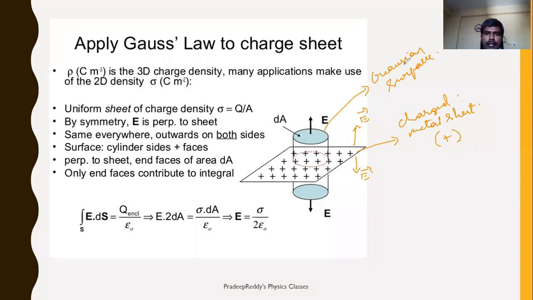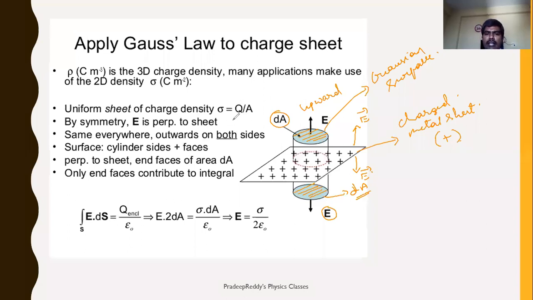Now you are taking some part of the total sheet and you are constructing a cylindrical Gaussian surface. This is the Gaussian surface. Now this Gaussian surface has a surface area, like this surface area, you are denoting it with dA, and see, field is extended in the downward direction, and similarly this is the surface area and this is also dA. So if you are calculating electric field downward, you need to take this surface area. If you are considering upward, you need to take this surface area. Downward, you will be taking the down surface area.